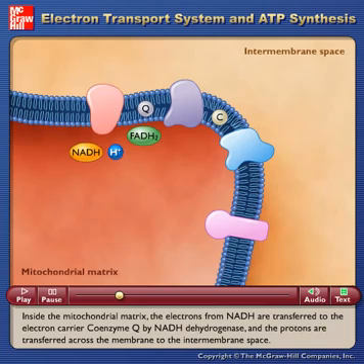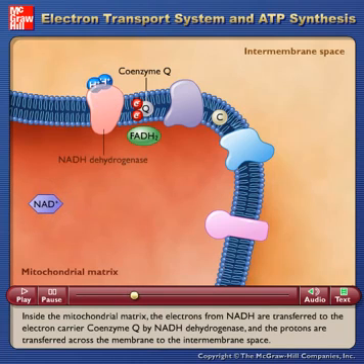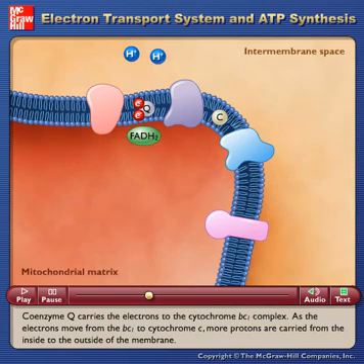FADH2. Inside the mitochondrial matrix, the electrons from NADH are transferred to the electron carrier coenzyme Q by NADH dehydrogenase, and the protons are transferred across the membrane to the intermembrane space. Coenzyme Q carries the electrons to the cytochrome BC1 complex. As the electrons move from the BC1 to cytochrome C, more protons are carried from the inside to the outside